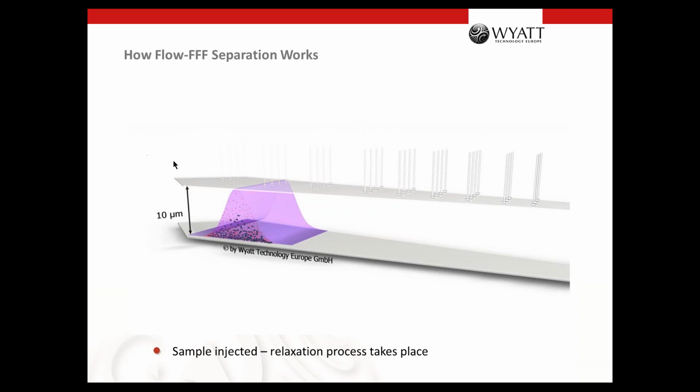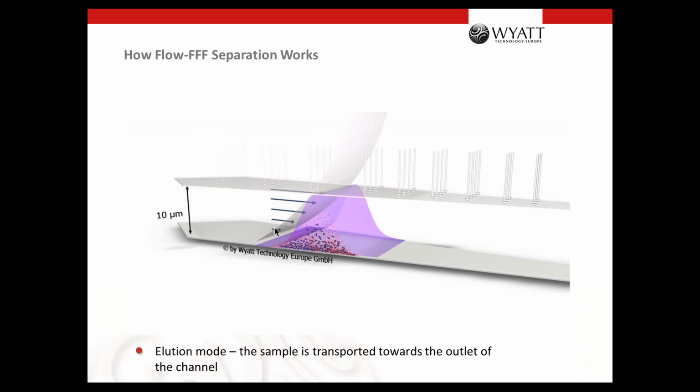When we look now at the transport flow, which flows through the channel, this transport flow is a laminar flow, and that means that near the membrane, the flow velocity is roughly 0, and the higher we are above the membrane, the higher the flow velocity is. And the strongest difference is in roughly 10 micrometers of the channel. So the total channel height is 490 micrometer, and just in this 10 micrometer above the membrane, the separation takes place, because in these other regions, the difference of the flow velocity is not high enough to achieve a good separation.